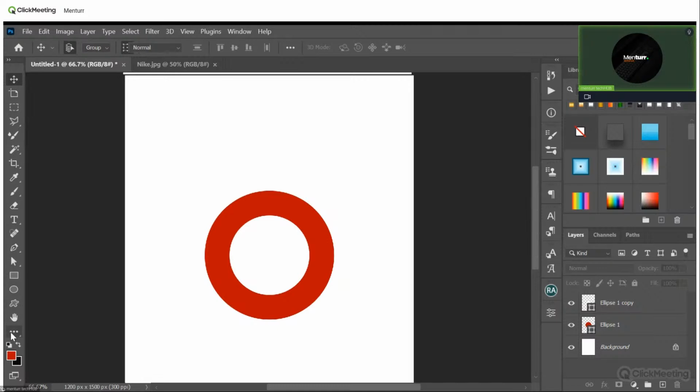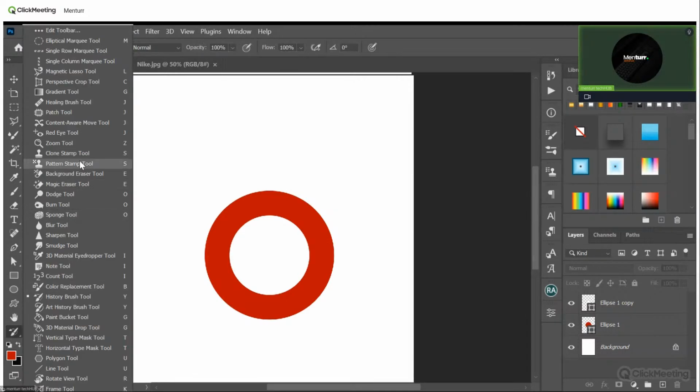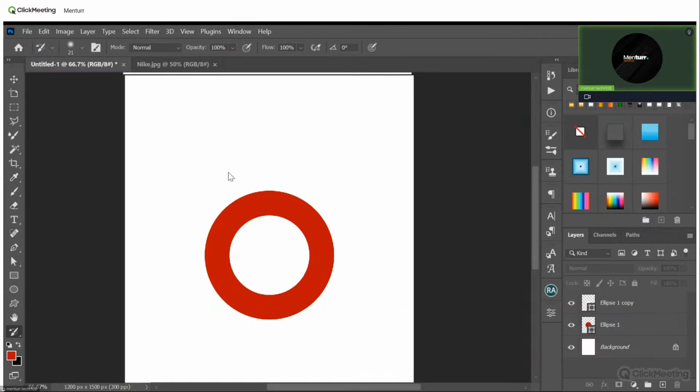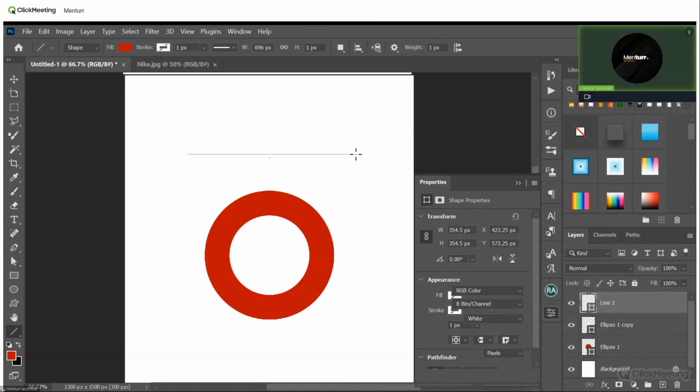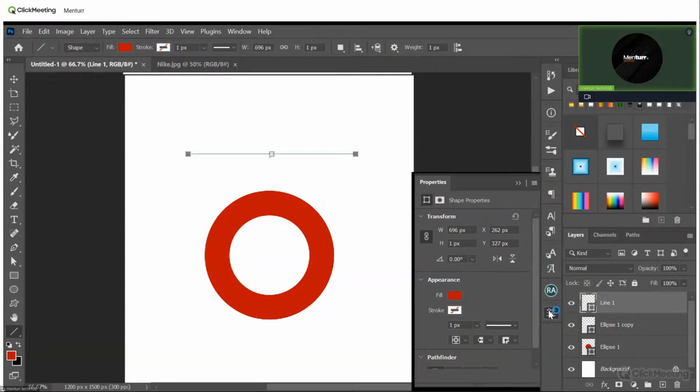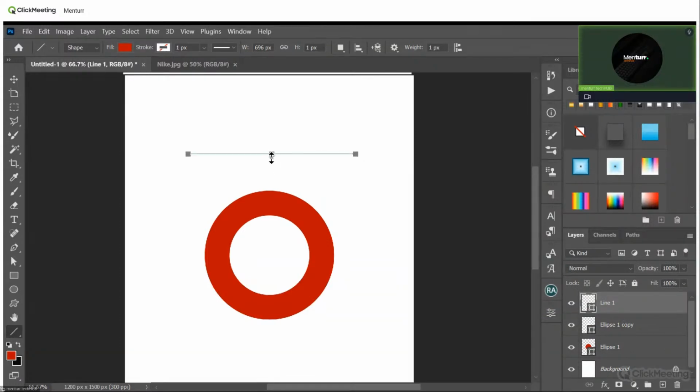Take for instance, where is the pen? Where's pen? Okay, let me use a line too. Now this is a line. If I draw, as I've drawn this line now, if I want to write on this, if I want to use this as a path, I'm going to tell my text that I want you to go straight like this. This is what I want you to do. But a situation whereby